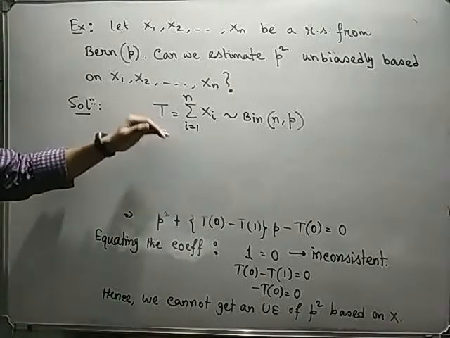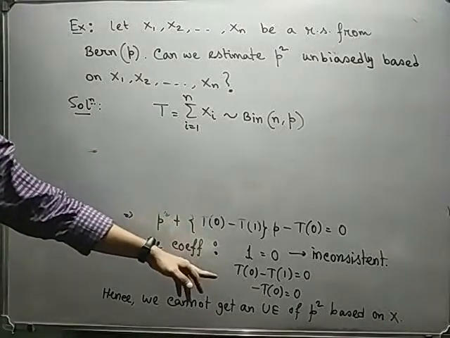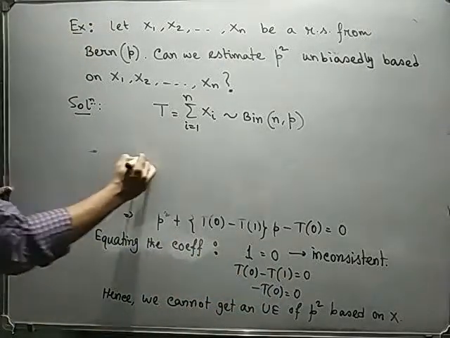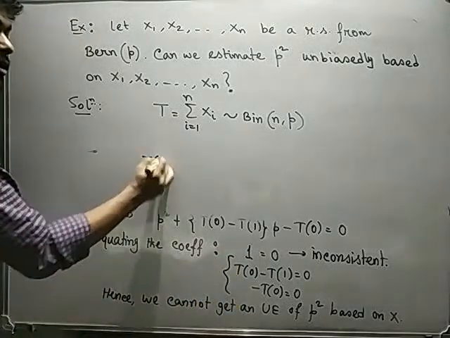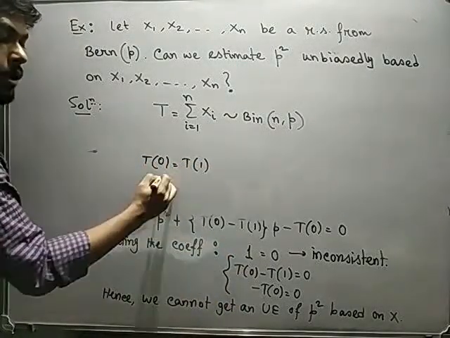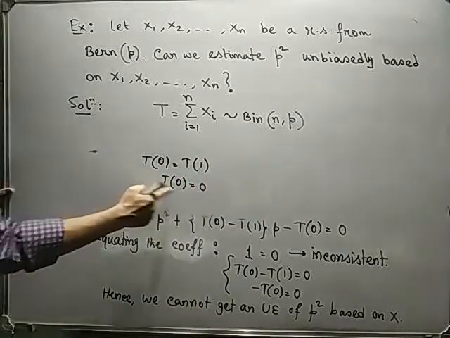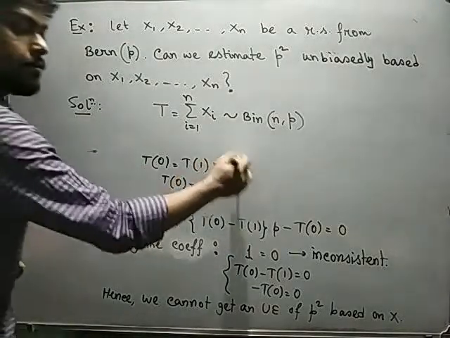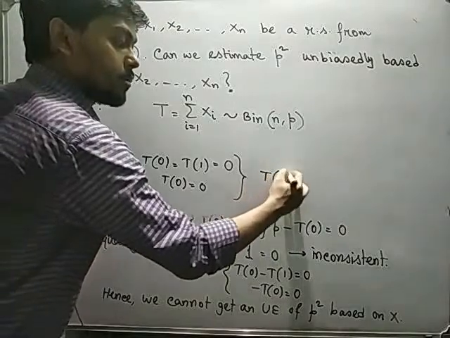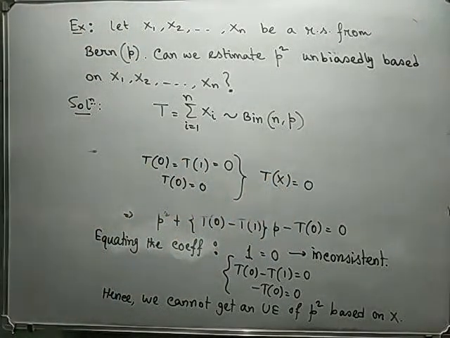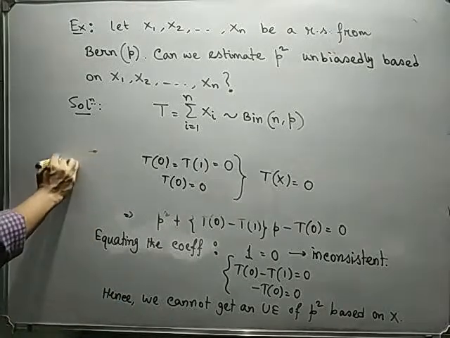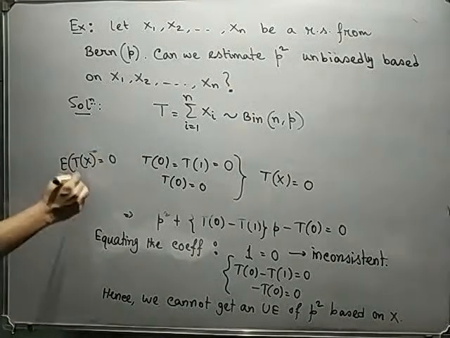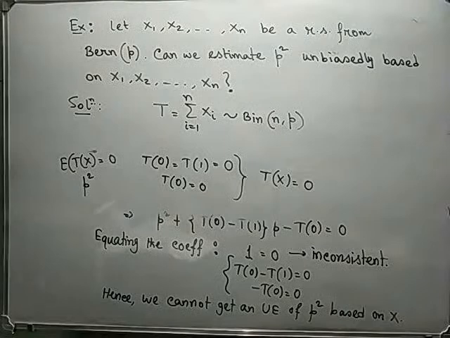The second one, I think this part, t naught minus t1. Okay. So from this part t naught is equal to t1 and from the last one t0 equal to 0. So if t0 equal to 0 and t0 equal to t1, that means both are equal to 0. Now if both are equal to 0, then capital Tx will only take the value 0. Now if Tx is 0, then the expectation of Tx will be exactly 0. Okay, but we have chosen that the expectation of Tx is basically equal to p square.